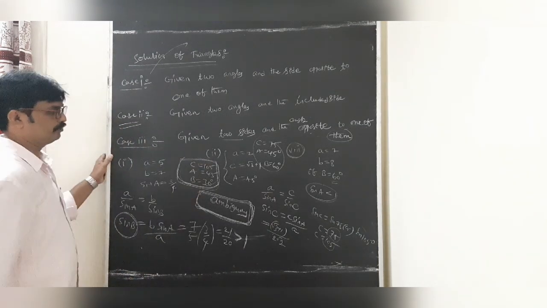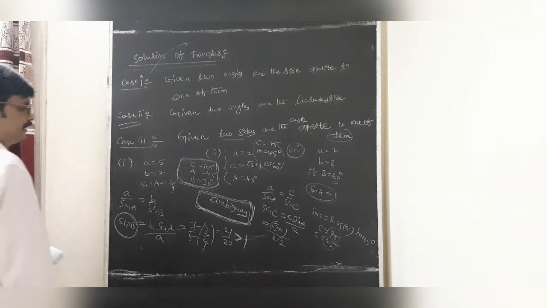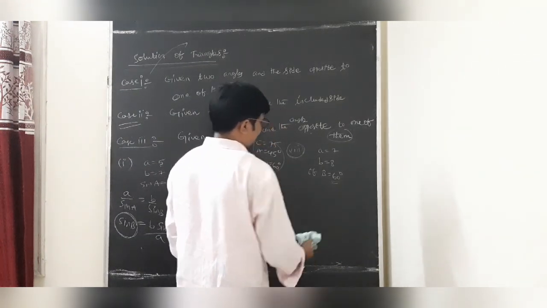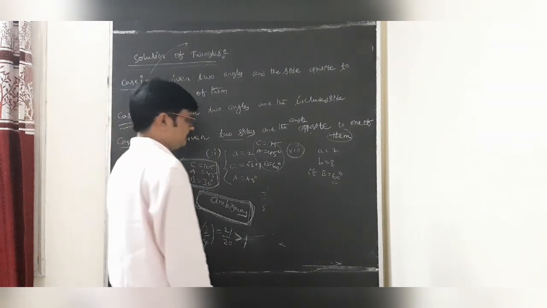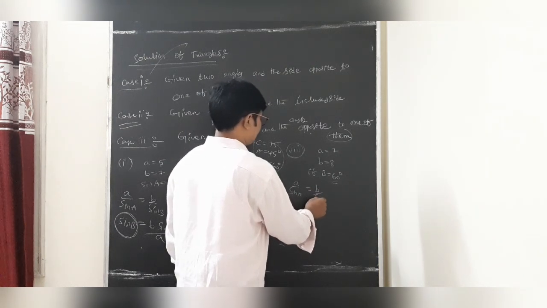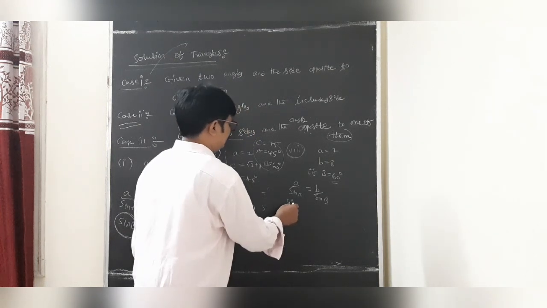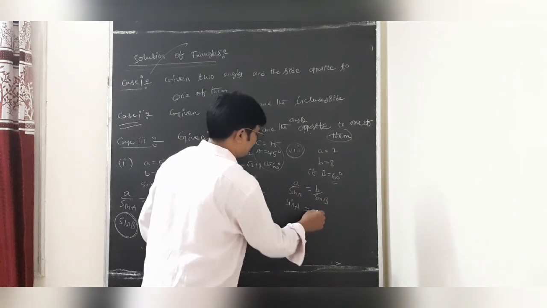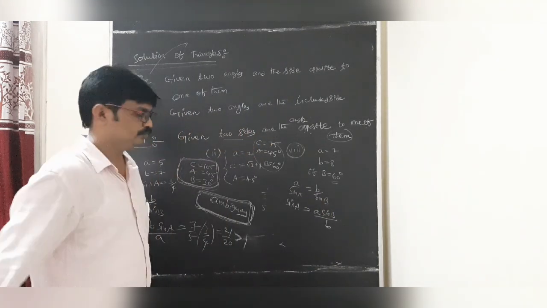Here 0. But what about the third case, students? How do we write the third case? Here, A by sin A equals B by sin B. So, my dear students, A by sin A and B by sin B. So what is sin A? Sin A we can take as A into sin B upon B.